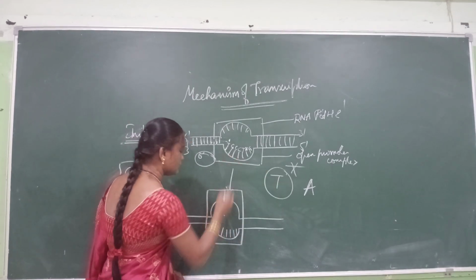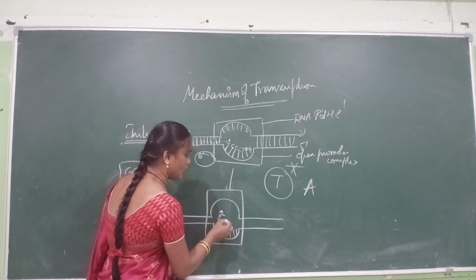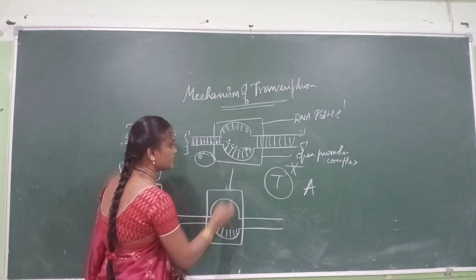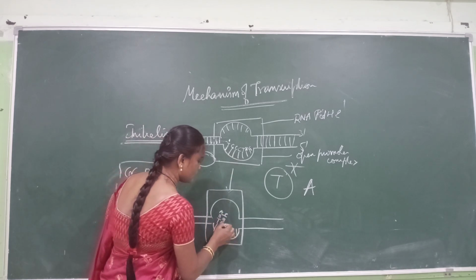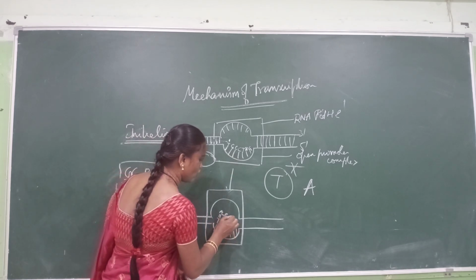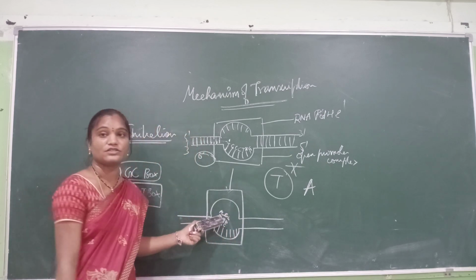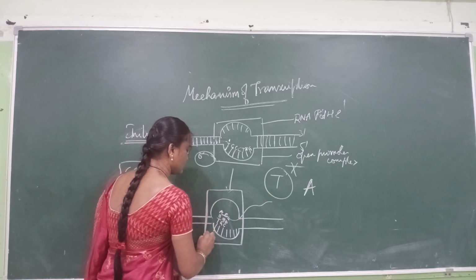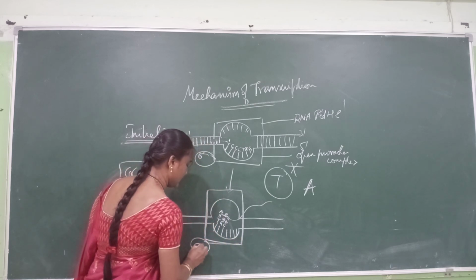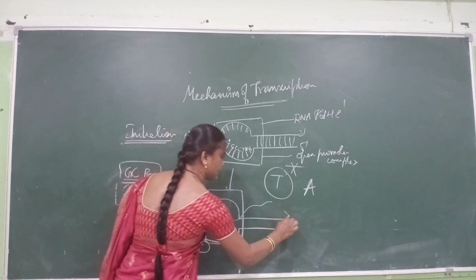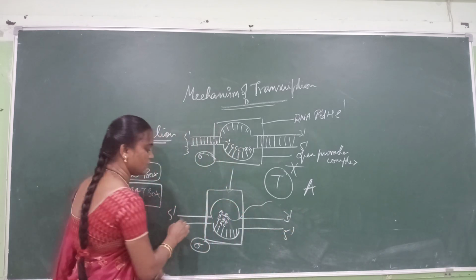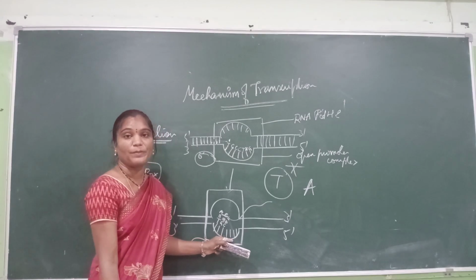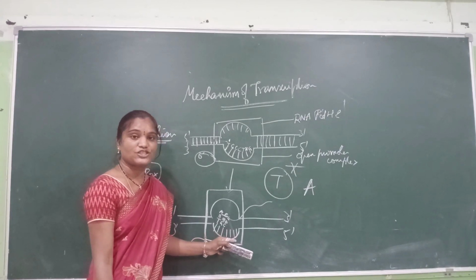Next, second is G. Guanine is transcribed to cytosine with a triple bond. Next is cytosine, which is triple bonded with guanine. This is the ACG. So this is your RNA molecule that is going to be synthesized. So this is your RNA polymerase with a sigma factor, and this is your DNA template strand, and this is how your initiation proceeds. So this is your open promoter, this is your initiation.